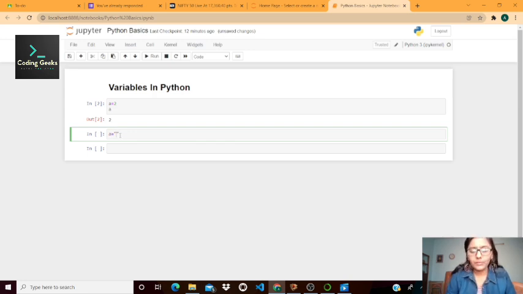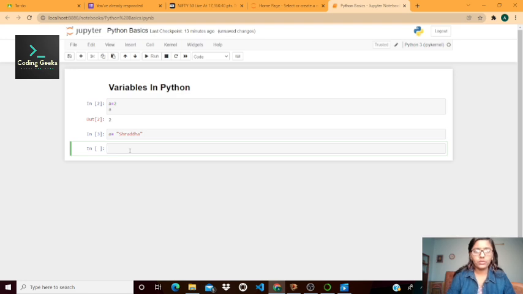Now look, I am going to assign a new value to a variable which is already storing the value 2. I am going to assign it a string value and run this cell. Now it is not throwing any error saying that the data type of the variable is int.